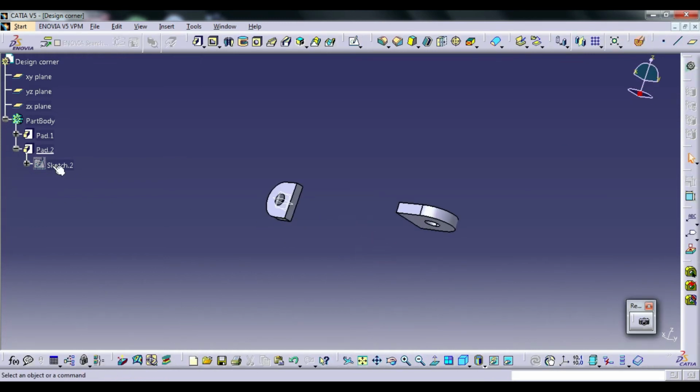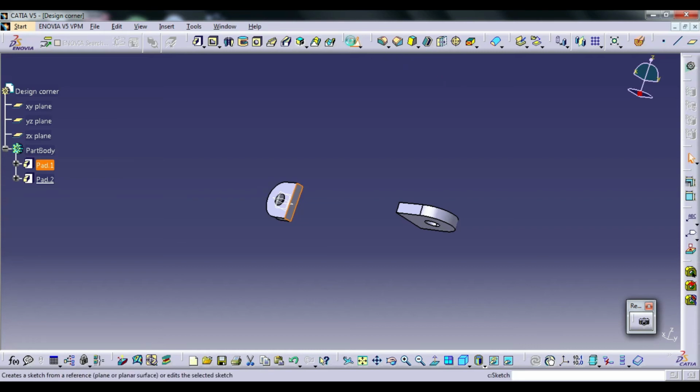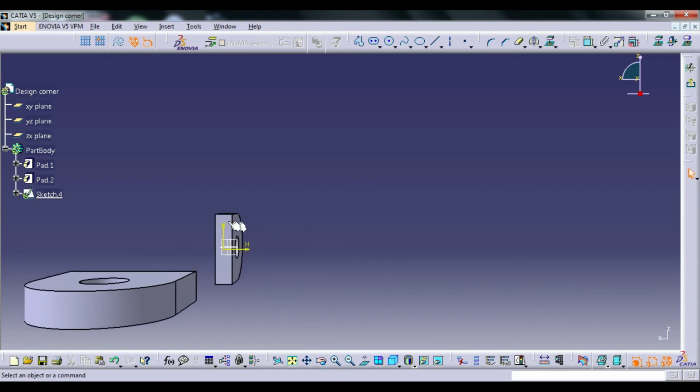After that, you click the face and go to the sketch, and again click on the face and click 3D projected element.